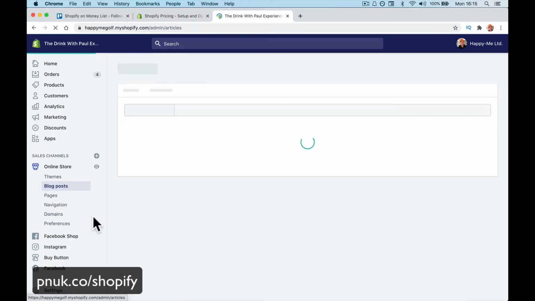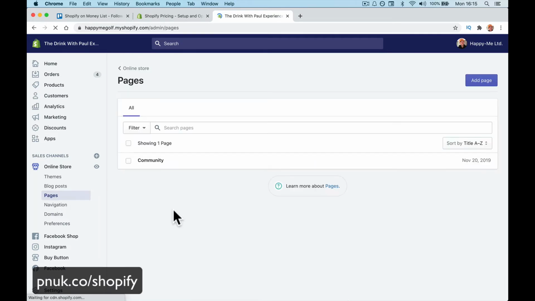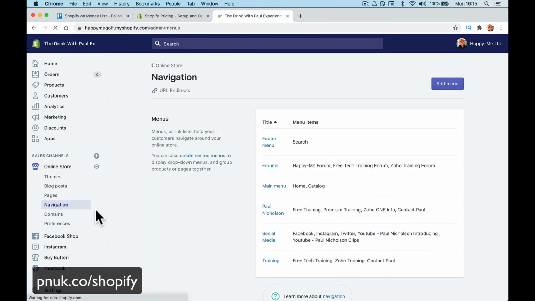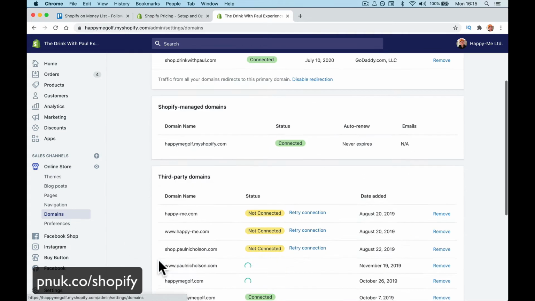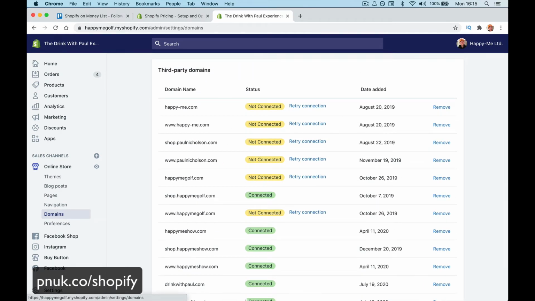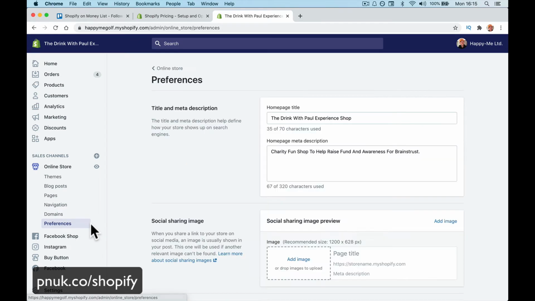Blog posts, if you want to write any blog posts, you want to create a blog, you can easily create blogs. You can create your own pages, maybe sales pages specific to products that you want to sell and promote. Navigation, your menu bars, how people move around your site. Domains, this is how you set up your domains. I've got many different domains that I've used and tried for my shop. Any preferences, so this is where you tell